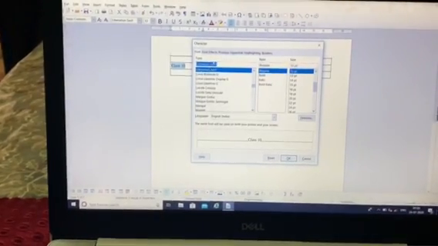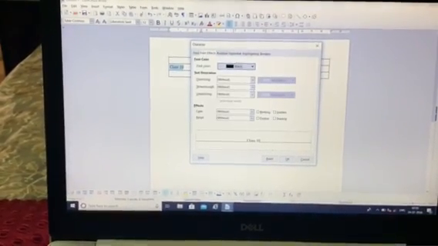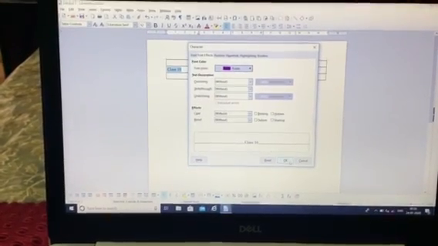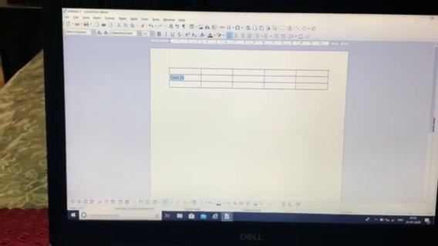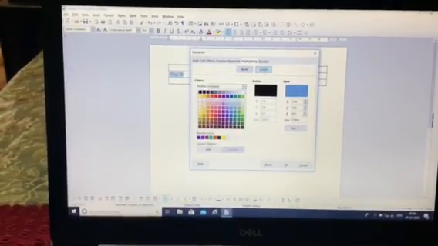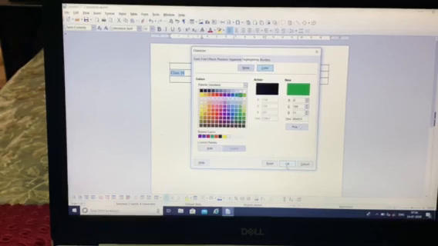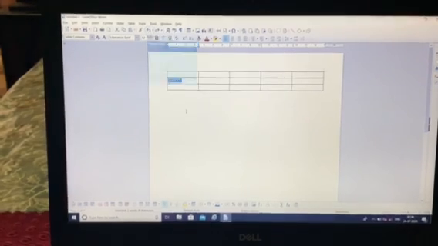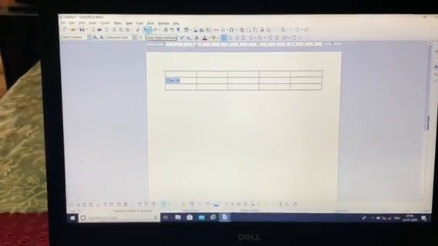Font effects. So you can see the color has changed. Similarly, I can highlight it. So you can see here, we can format the text inside the cells. You can change its form.